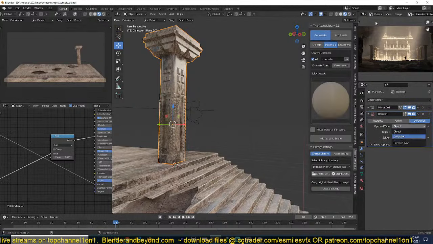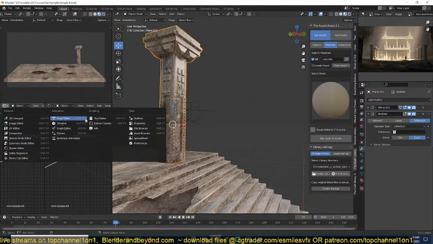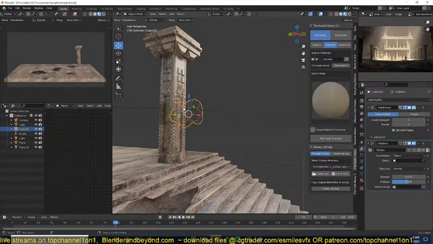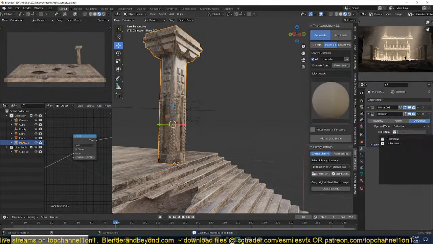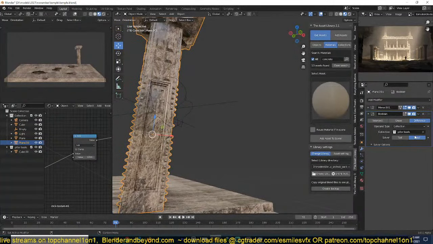This time we can use a collection, and maybe let me have my outliner here. Create some space for the outliner. Outliner, where is that? Let me go back to the messages because I want to see. Okay, I want this to be in a new collection. Call it pillar booleans or bools, and we can use that as the new